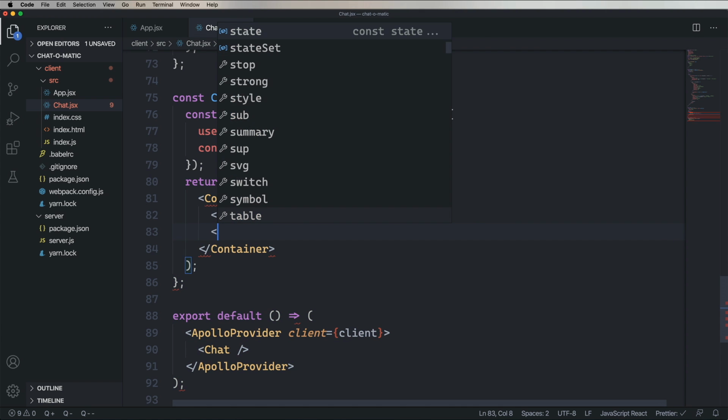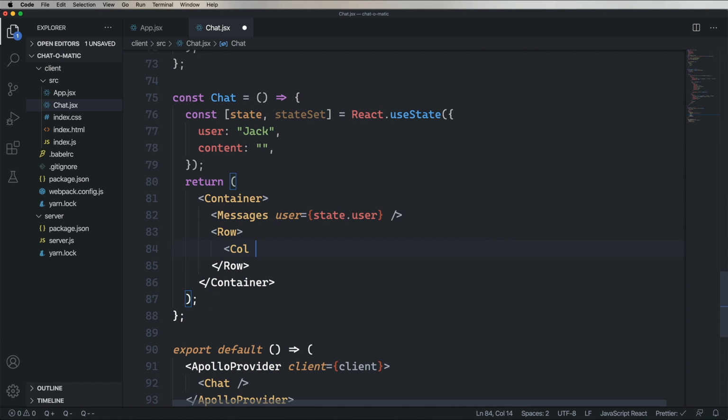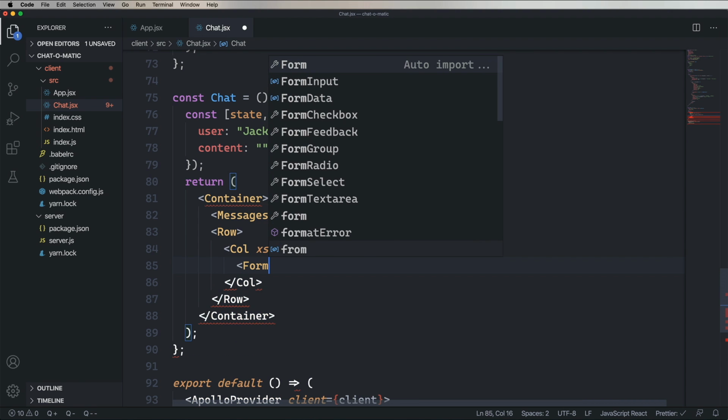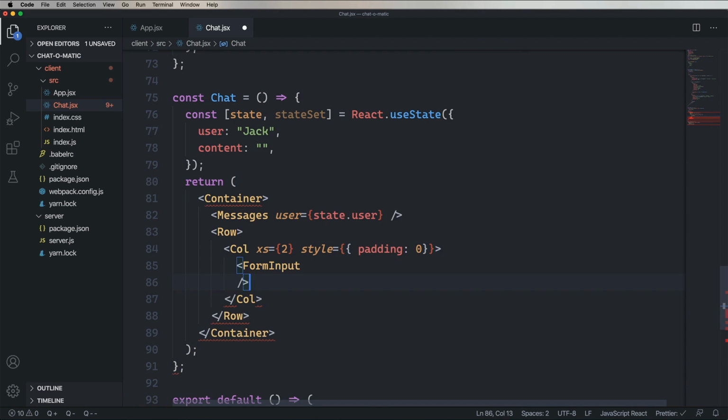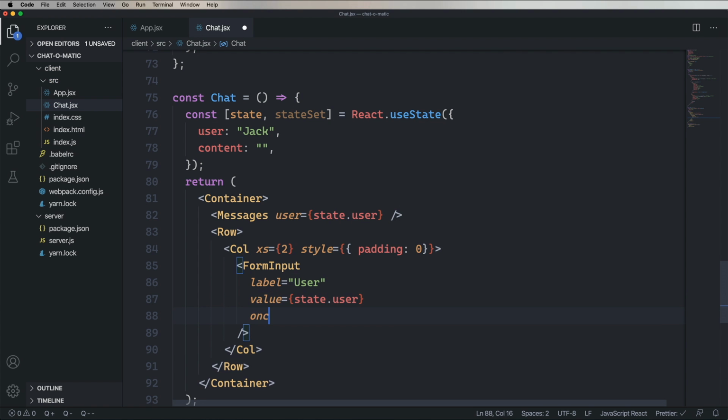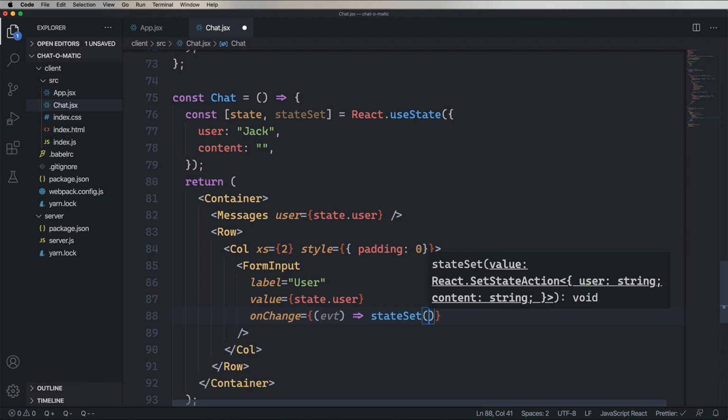And now let's create a row where we've got 3 columns in it, where the first one is going to be a size of 2 out of 12 and have no padding. And then within that, we're going to have a form input field. Have a label of user, a value, which is the user key within state. And then in onChange, we have a callback that takes an event and then calls state set to go and reset the state